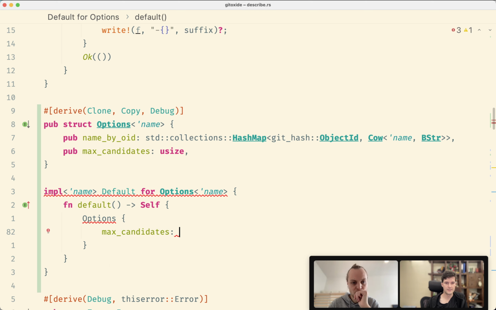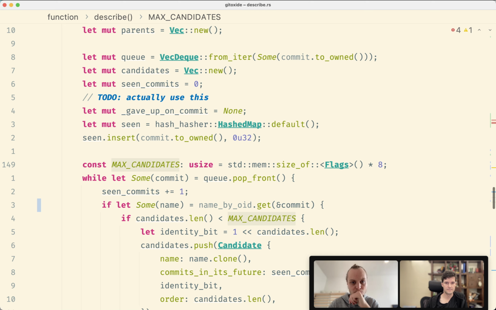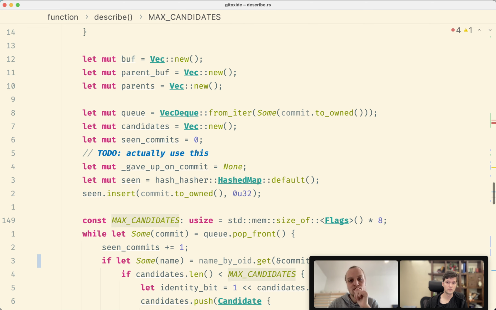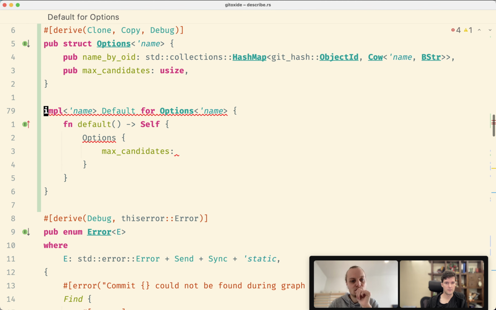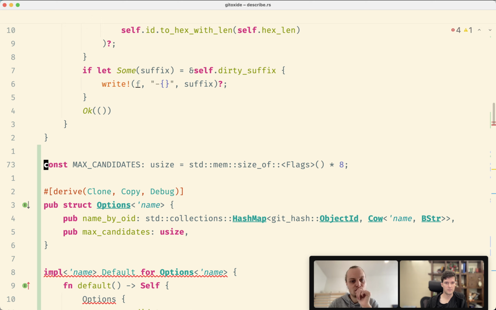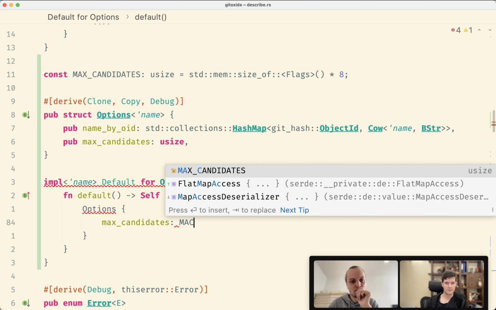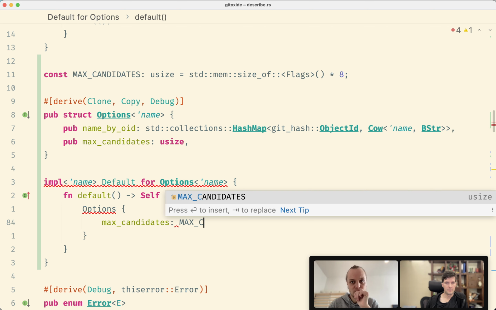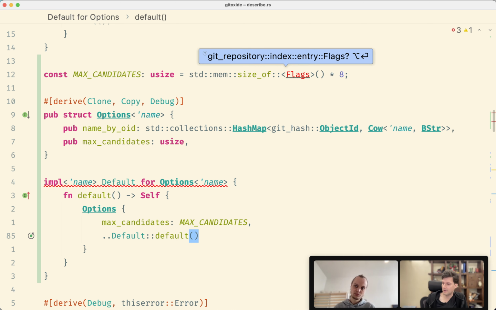Max candidates. We just pull this here, private to us. Max candidates. And then the rest supposed to be just, no, I can't do that because that would call us